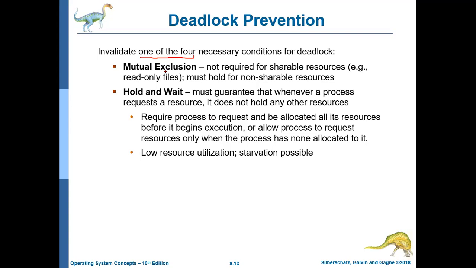Mutual exclusion you can invalidate. Mutual exclusion is not required for shareable resources, for example read-only files, but must hold for non-shareable resources. If your resources can be shared among many processes, then there will never be a deadlock. If you have only one monitor and that monitor can be used by several systems